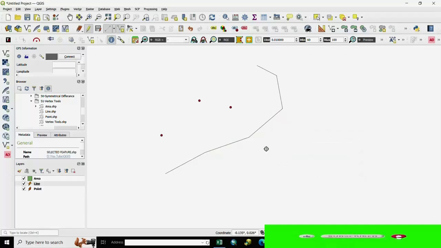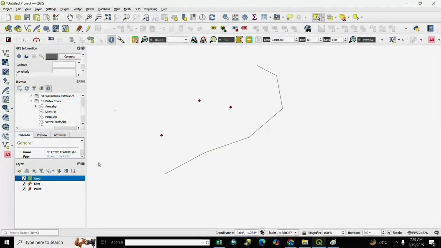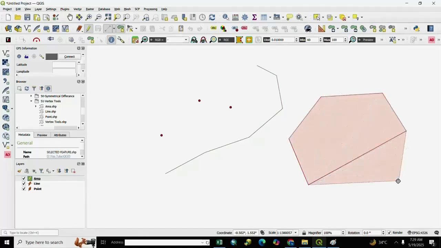Our line is created. For the polygon, we select the polygon layer, go to Toggle Editing, and create the polygon. At the end point, right click, and OK. Our polygon is created. So the line, point, and area files are created.